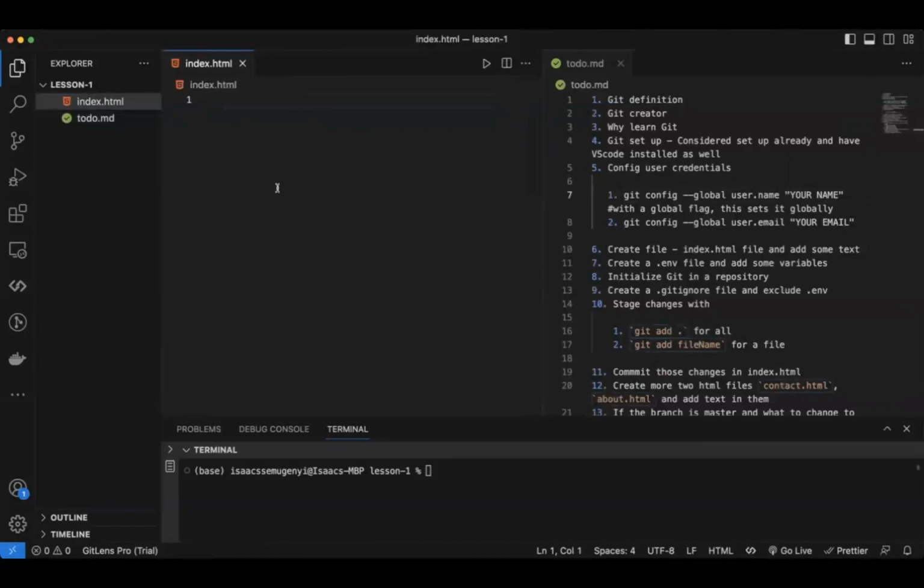So the first thing I've done is I've created a file called index.html, and I'm going to add some text. I will say, this is my index.html file, like that. I save. So when I save, these are the changes that I have so far created, and they are within the